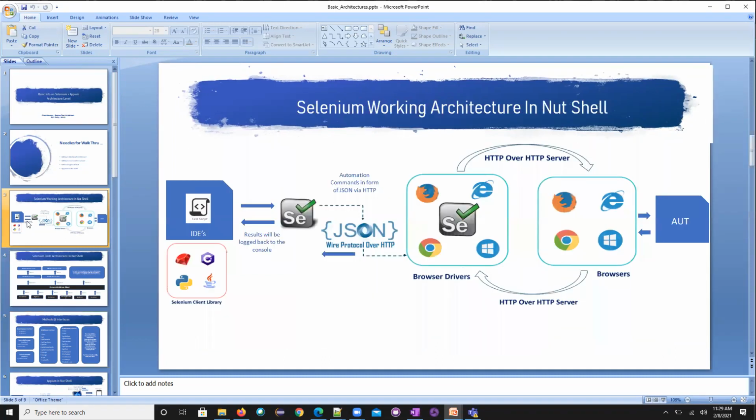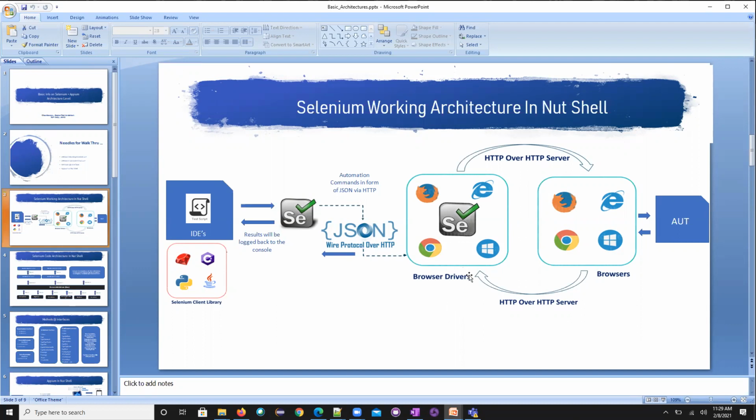And the next point is how this architecture flows. There is a Raghopal video. You refer to that video, but tomorrow I'll explain this once again, because if you don't understand this, you will not understand Selenium. I'll explain this architecture, but you still go back and come back with some pointers. What is the JSON wire protocol?